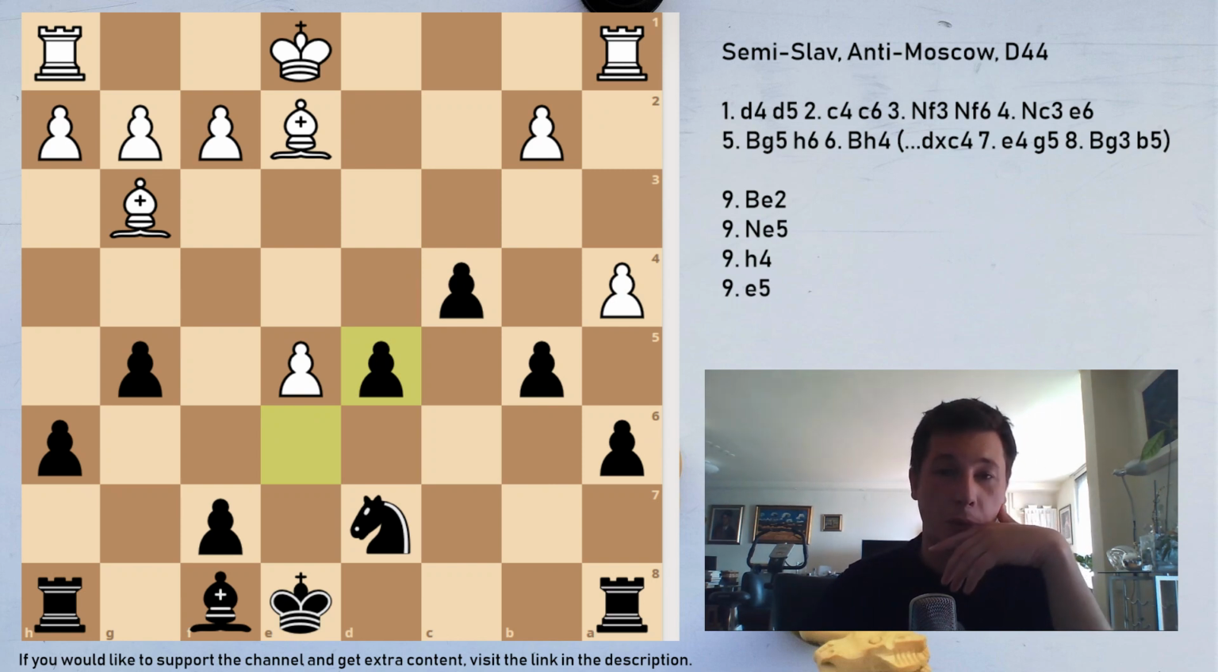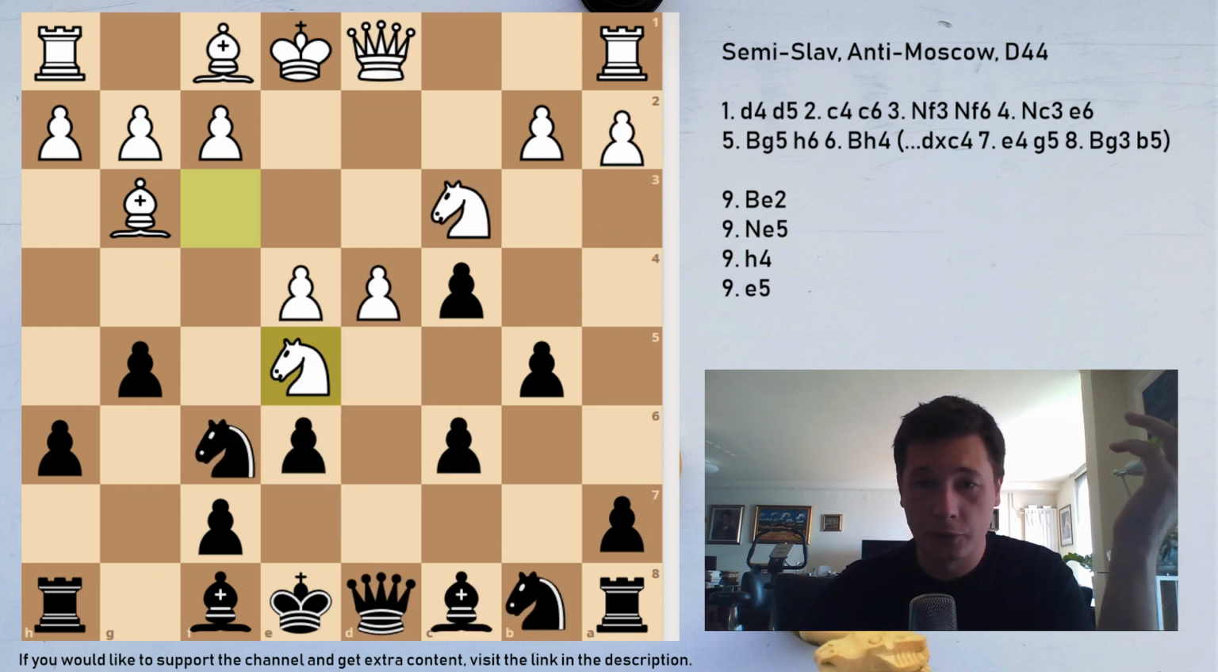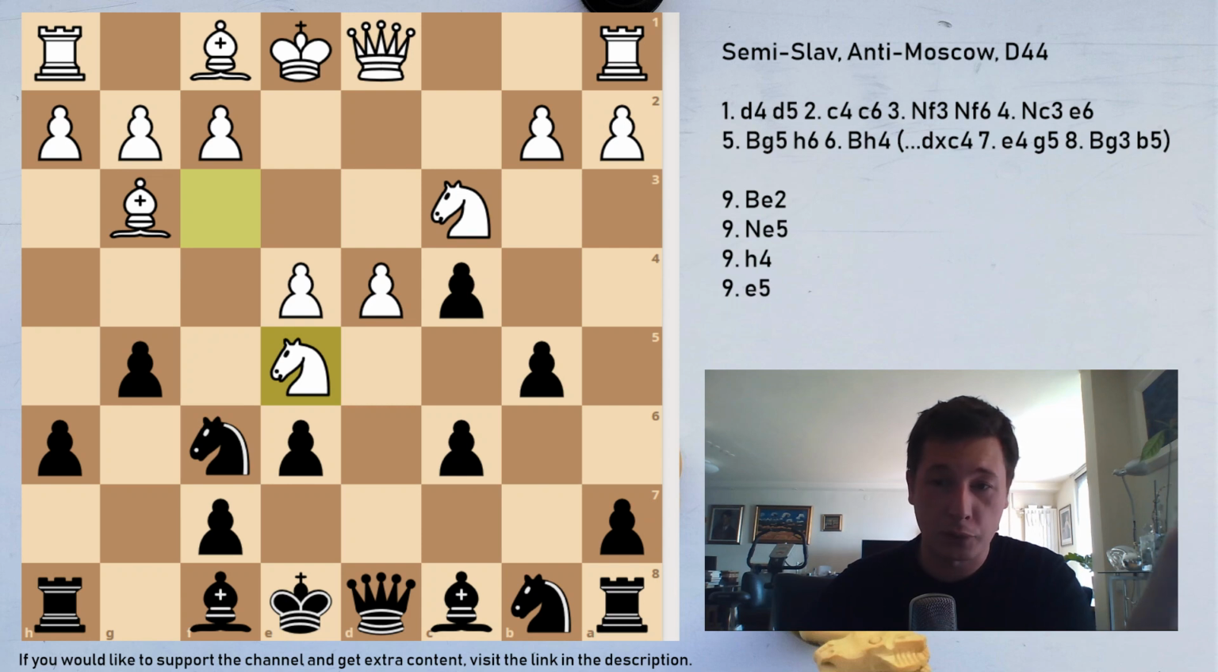The bishop pair for white, an extra pawn for black, but definitely not a very solid extra pawn, and I would just prefer to be white here. I think this is very hard to play. So after the move knight e5, if that happens on the board, I would recommend the move h5,